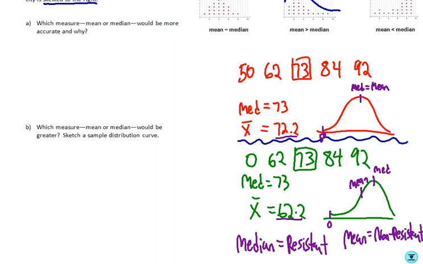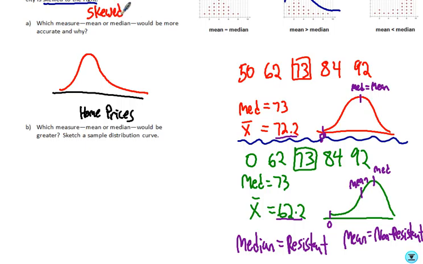So if we have something that says it's skewed right, they're saying home prices, so let's say these are home prices, and we're saying that those home prices are skewed to the right. So what it means is that if it's skewed to the right, that means it's stretched out to the right, right? So maybe you just think of that word skewed, that it's stretched out in one direction or the other, right? Whereas something that's symmetrical, it's balanced. It's not stretched left or right. So here, home prices we're saying are skewed to the right. So what that means, our median's